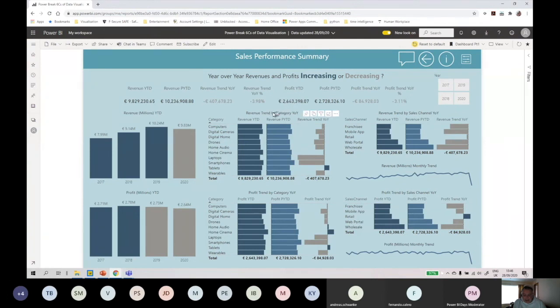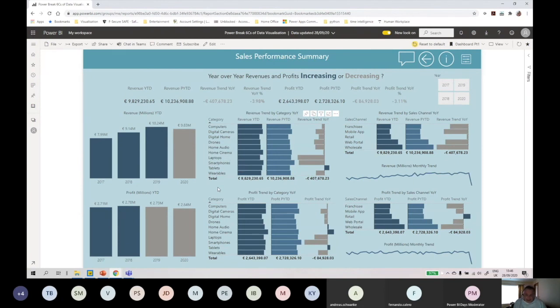So if I look at the product category, I can see here the scale of that year over year difference is biggest on laptops. Okay, so it's the biggest gray bar. And if I look at the profit, I'm comparing year over year. I'm down, and the biggest thing is to do with smartphones, right? So they're two areas that I probably want to have a look at. And in fact, both laptops and smartphones are